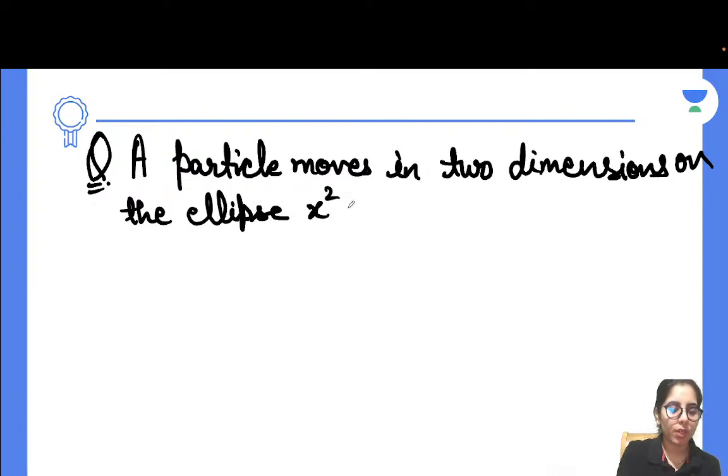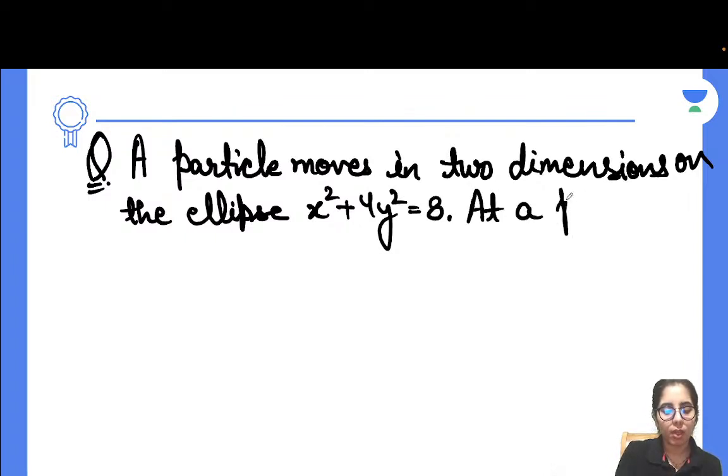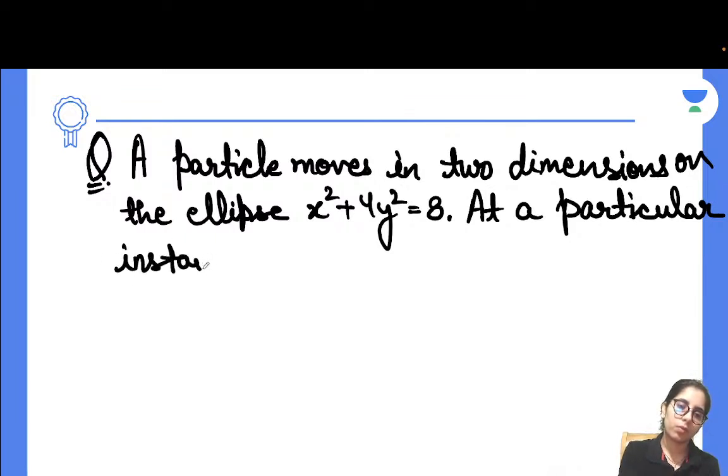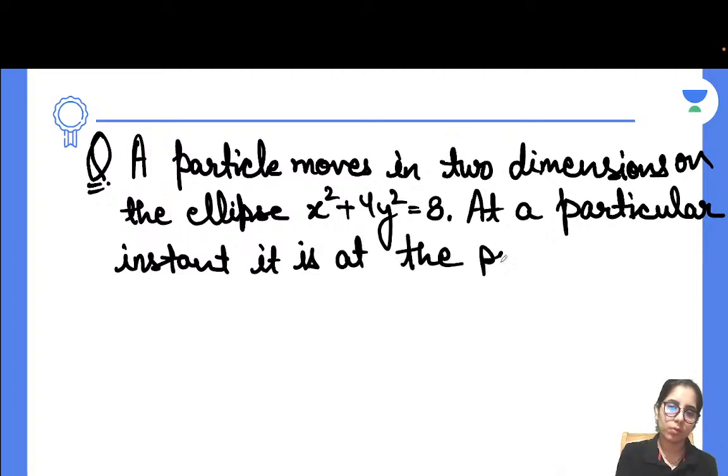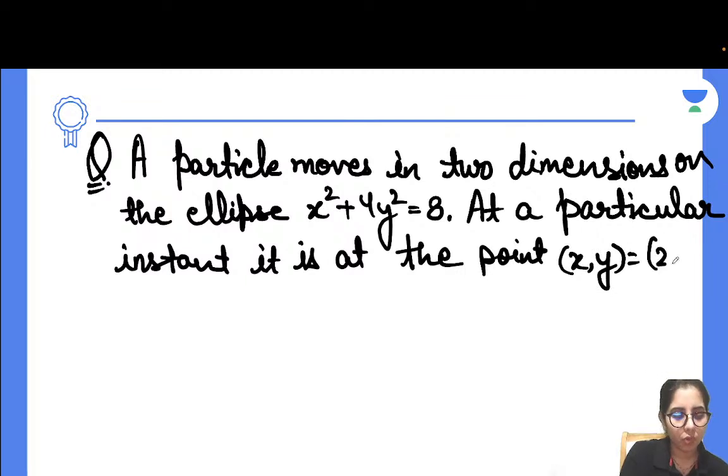The equation of the ellipse is given as x square plus 4y square is equal to 8. At a particular instant it is at the point which is x comma y is equal to 2 comma 1, and